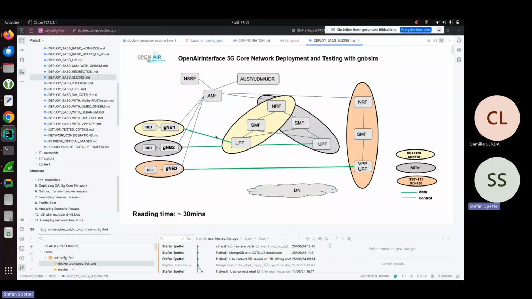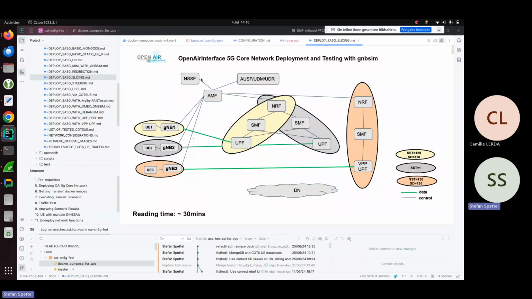Anyway, within the core network, that basically means you can separate the concerns. You can say this one is for that, this one is for that, and that's exactly what we did in this tutorial. So we have 3 gNodeBs, and each of them has their own slice configured. So we have 1 slice per gNodeB and also UE. And then we reuse the same AMF, we reuse the database and authentication stuff,